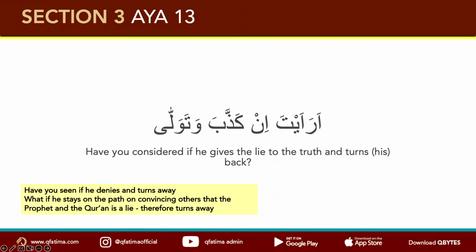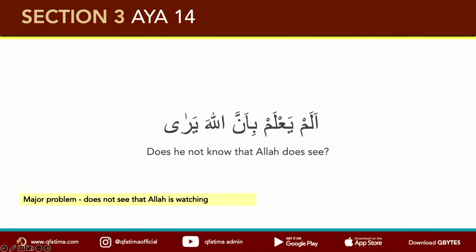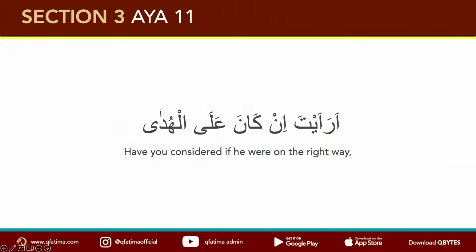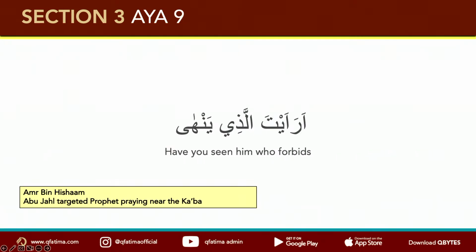But you see what you see, and this is addressed to the Prophet. Do you not see that not only does he belie divine guidance, he denies it? You know what tawalla means? To run away from perfection. So he's actually running away. He was too arrogant to admit that that made sense. Okay? So his problem was arrogance. Now Allah says this solution for him. Alam ya'lam bi anna Allah yara. So all those before that, all of that was telling the Prophet, Ara'aita. There you go.